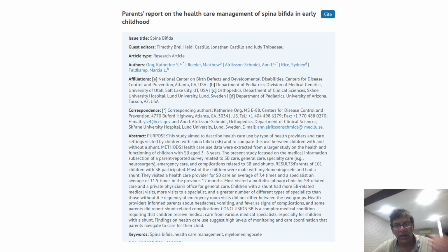And what happens to the parents with children of spina bifida? They have selected around 101 children belonging to these parents, and most of them are having meningocele and had a shunt done. And this study shows approximately how many visits they have made to a specialist or to emergencies due to complications of shunts, and